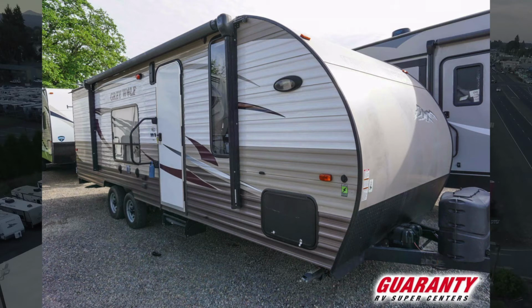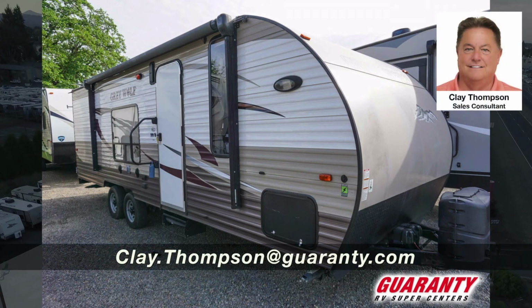pull trailer toy hauler. If you have any questions on this particular unit or a specific used or new toy hauler you're looking for, feel free to give me a call direct at 541-979-1770,